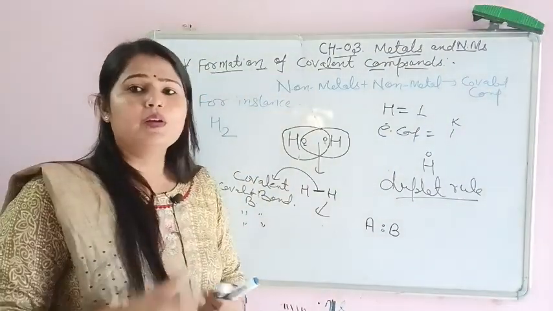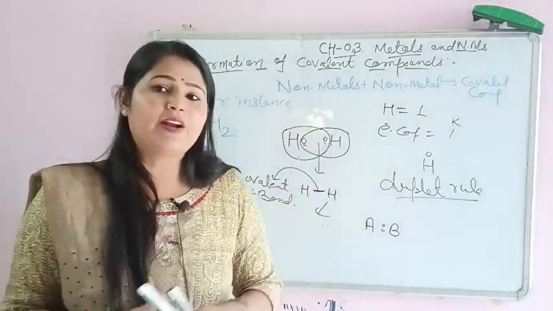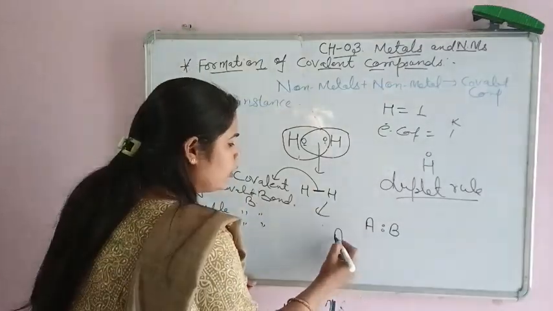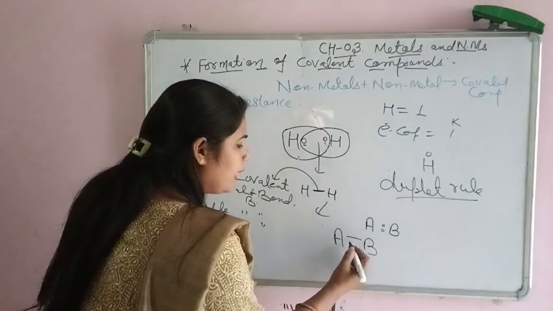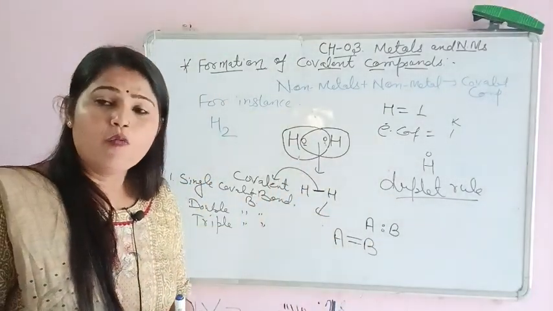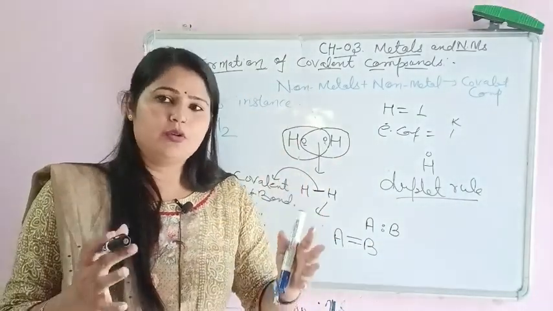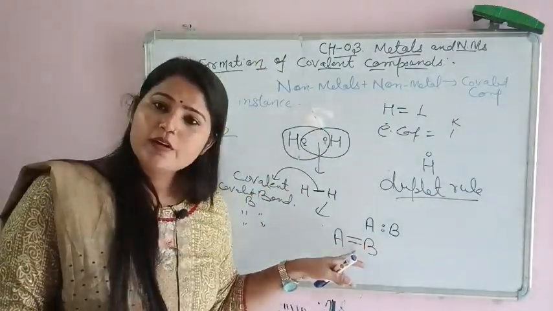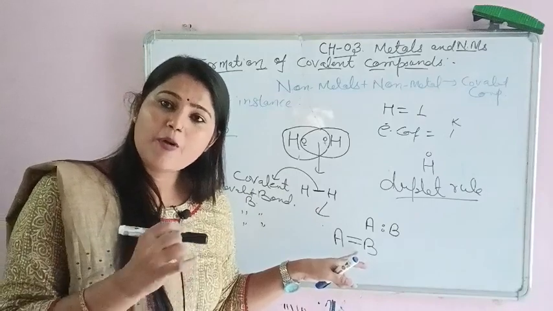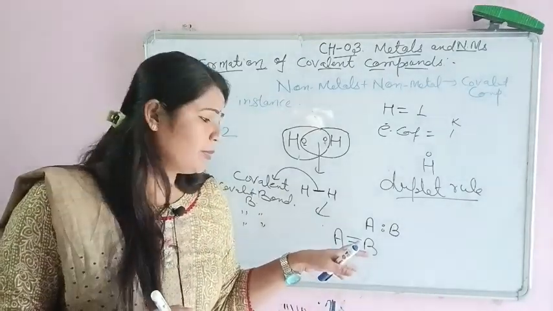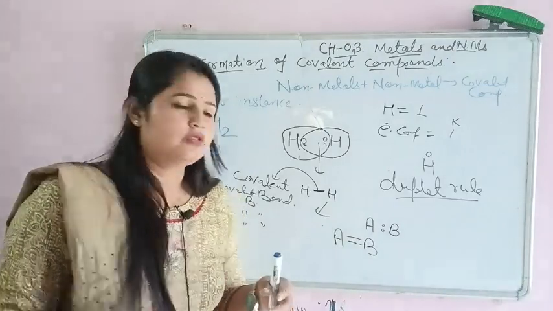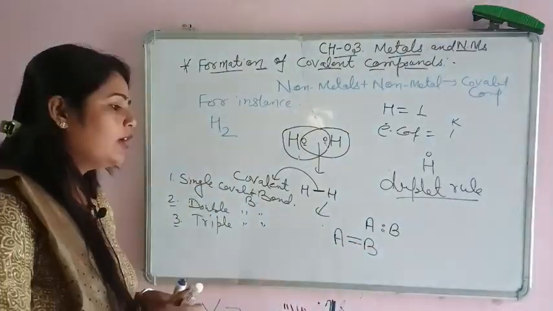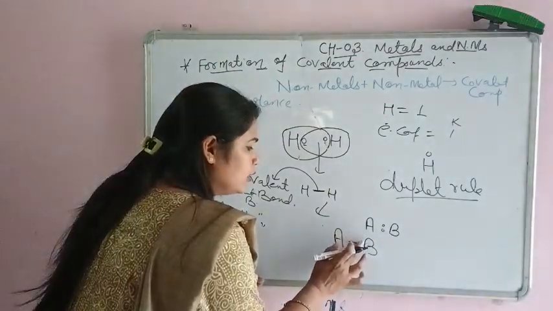In the case of double covalent bond, how many electrons are present in a double covalent bond? So AB with a single bond, and this is a double bond. One single bond contains two electrons, so how many electrons are present in this double bond? There are four electrons: two electrons of the single bond and two electrons of the next single bond. So there are four electrons. So what should be the electronic